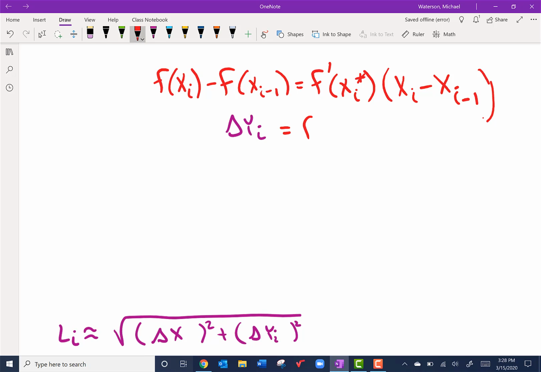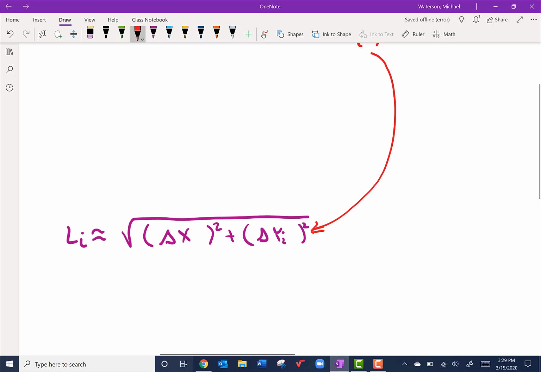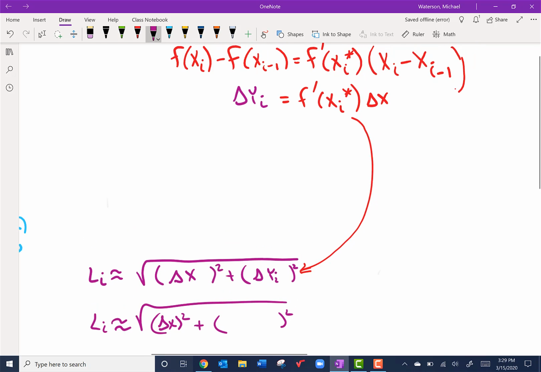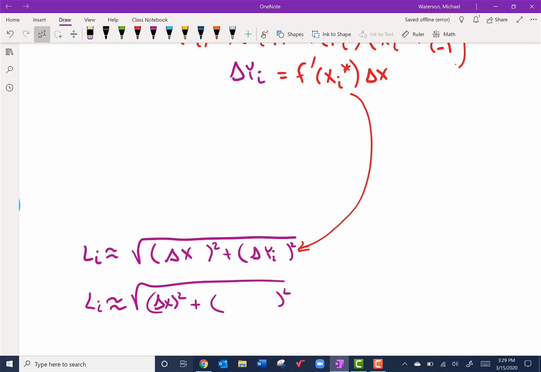And that's equal to the derivative at x sub i star, our sample point, times the change in x, that's x sub i minus x sub i minus 1, that's just delta x. So why don't we take this and just sub it on in right down there. So we rewrite this. All right, so our L sub i is approximately equal to our change in x all squared plus, what are we going to square? What's our change in y sub i? Oh, that's just going to be our derivative at x sub i star